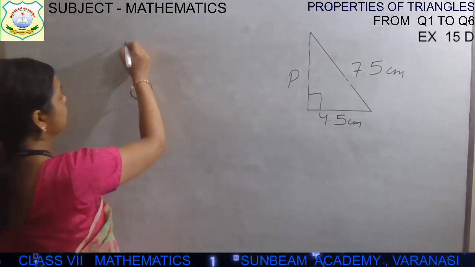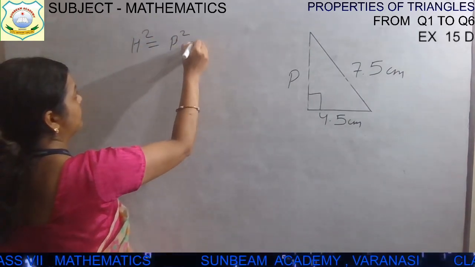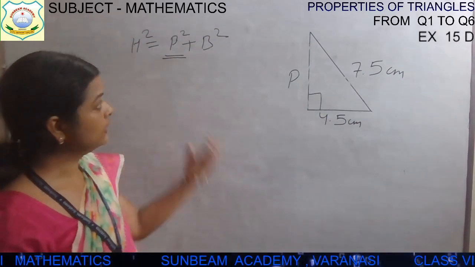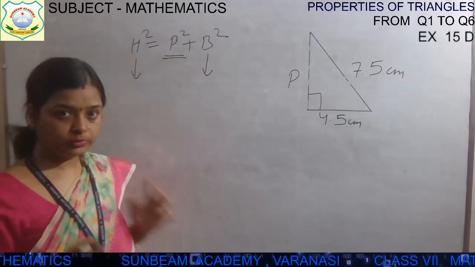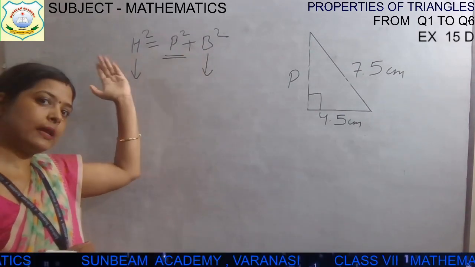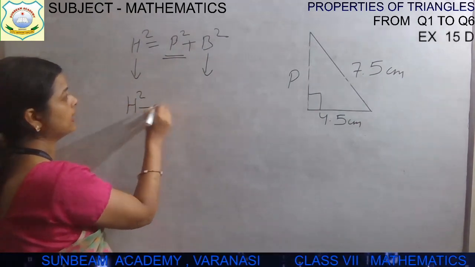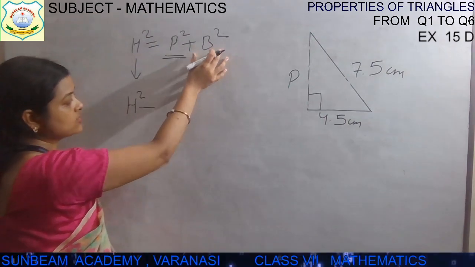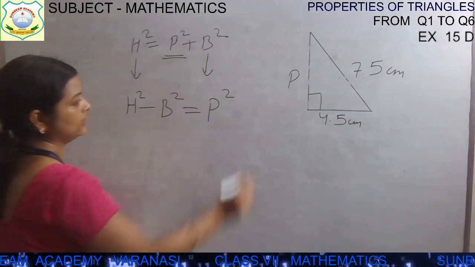So for that we will use the same formula, h square is equal to perpendicular square plus base का square. But here we don't know this perpendicular. We know these two things, हमें hypotenuse पता है और base पता है. So the value which we have to find, we can keep it on one side and the rest can be transposed to the other side. So h square minus b square: when it comes to this side, it is positive b square, it will become negative. Minus b square is equal to perpendicular square.